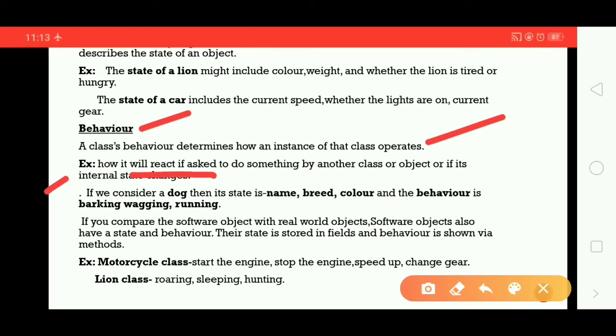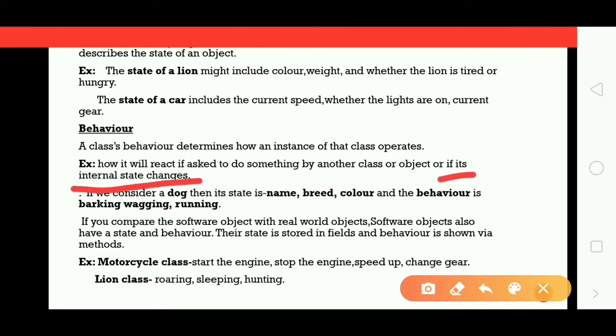That is nothing but how it reacts when I pass the method stop, that is the behavior. And that may be by another class, you can pass that method from another class or object, or if its internal state changes. For example, with the boolean variable true or false, you can change true to false or false to true, that is the internal state changing.